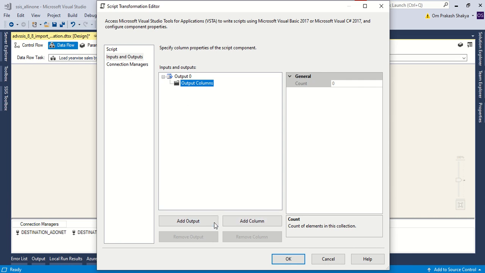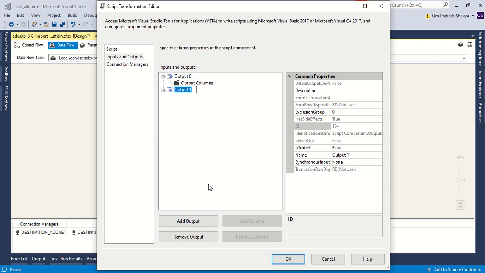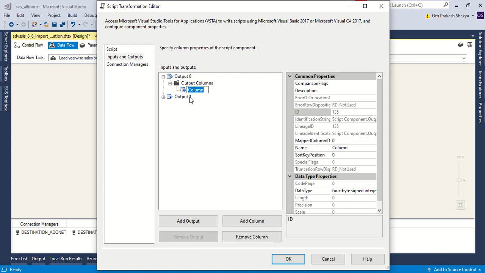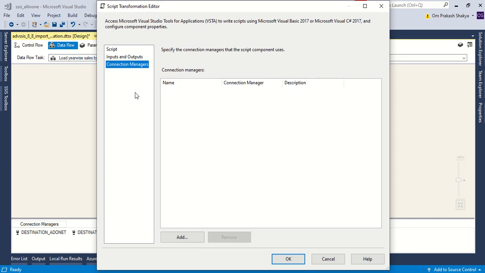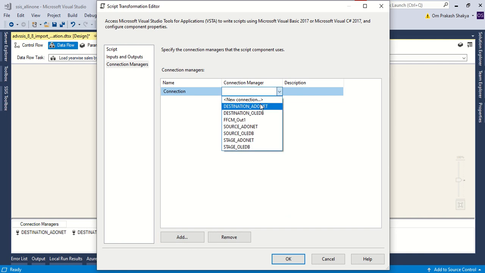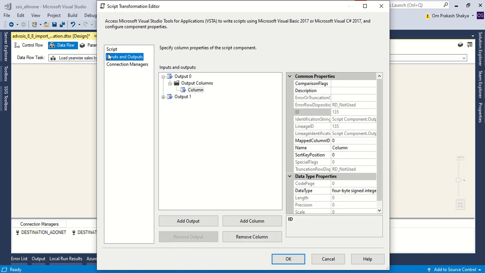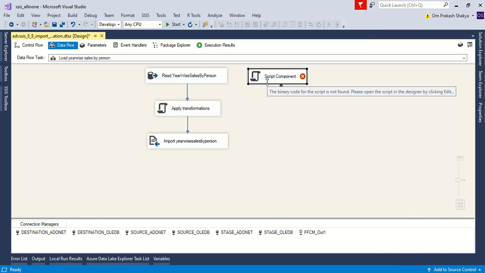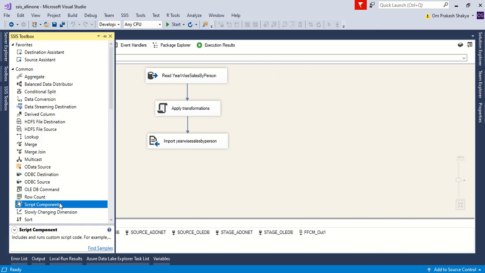We can add another output, or add columns in an existing output. So we can have multiple outputs and multiple columns, and we can provide the connection managers here, choosing which connections we want to use in this script as a source. So this is how we can use this as a source.